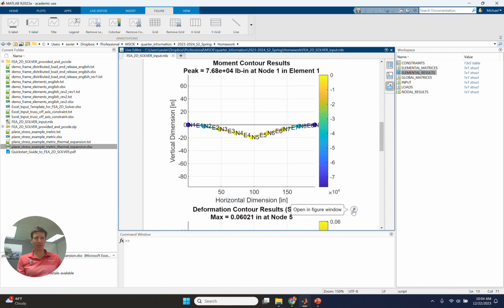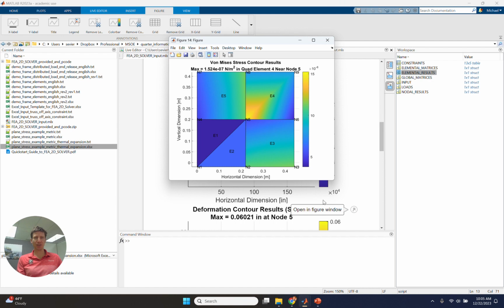Pardon me, let's see. Is that going to open in a new window? Here's our von Mises stress results. And look how small that value is. It looks a little bit odd, but if you look at that value, 1.5 times 10 to the negative 7th, that's almost 0, and that's what we want because we actually have constrained this problem such that, we'll go ahead